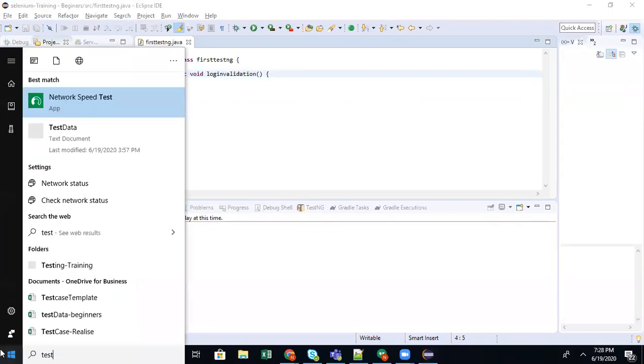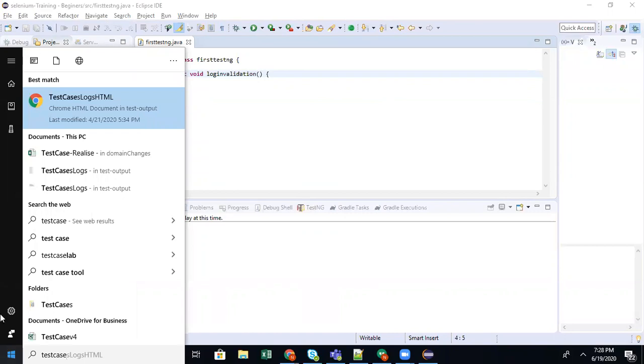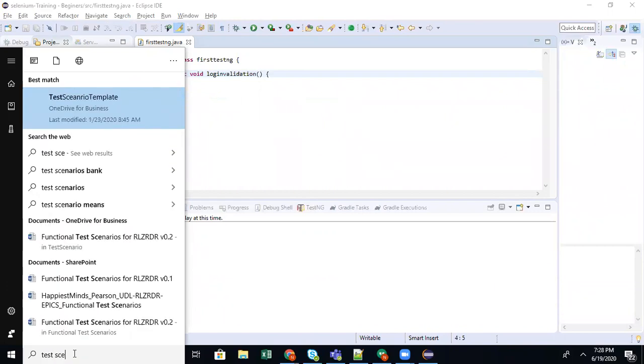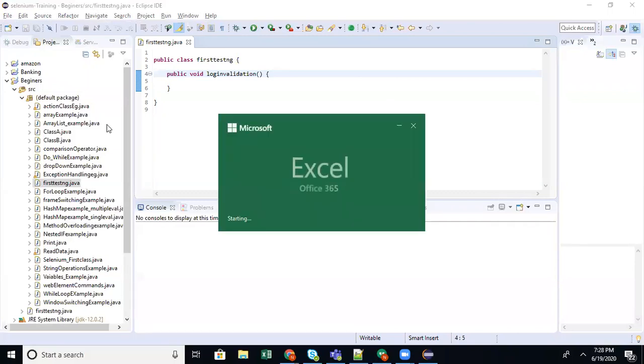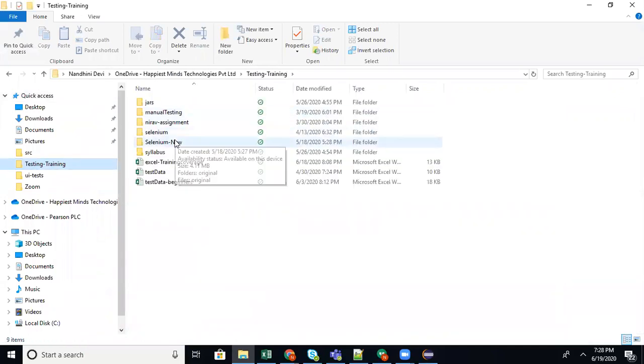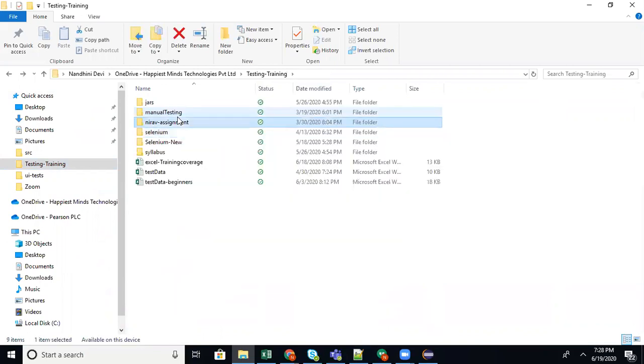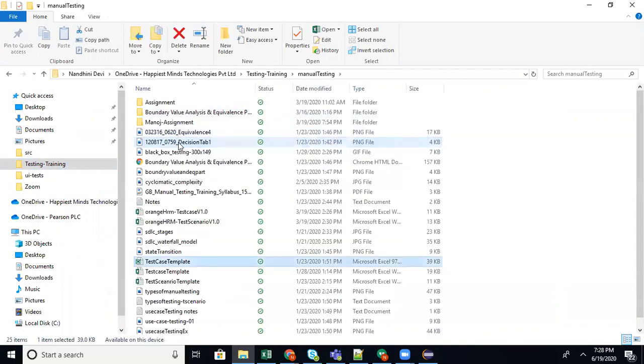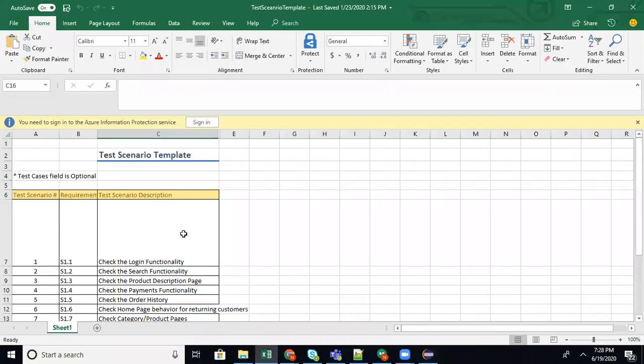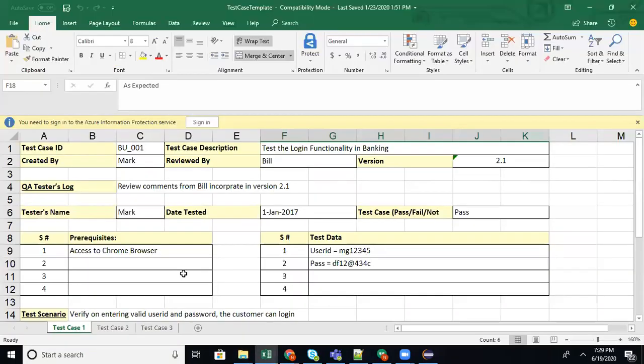Now let me open a test case example. So see, this is one test case template.